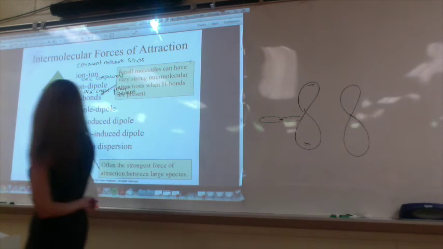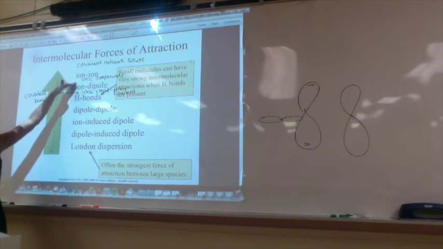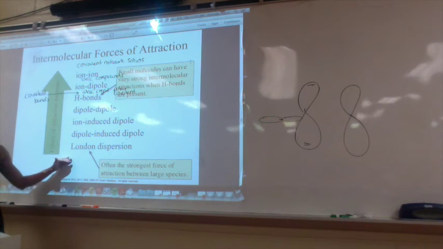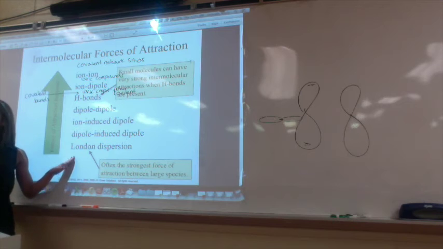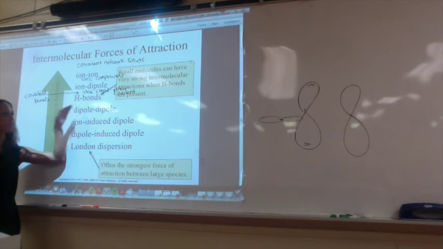Hydrogen bonds here is what starts our covalent bonds. So once you look at what type of compound you have, you can determine if it's ionic or covalent. Then once you determine it's covalent, you start examining what type of covalent bonds you have. So the first type, the strongest type, would be hydrogen bonds. And we know that that's hydrogen attached to an oxygen, nitrogen, or fluorine, and then also attracted to the lone pair electrons on an oxygen, nitrogen, or fluorine.